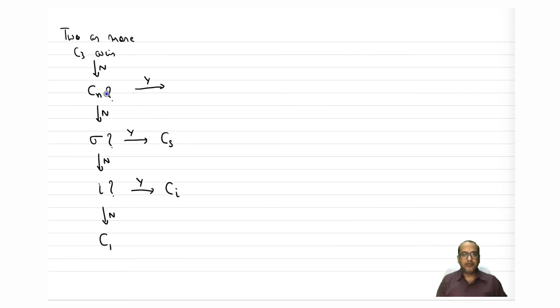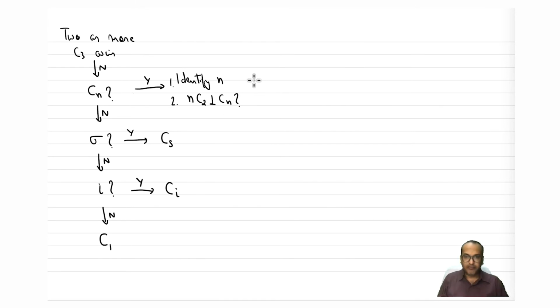So now let's see if Cn is present. Yes, then what happens? Then first you have to identify n, the order of that axis, the highest order, and then you ask, are there n C2s perpendicular to Cn? Okay, that is your question. So the first step is to identify n, and the second step is n C2s perpendicular to Cn.